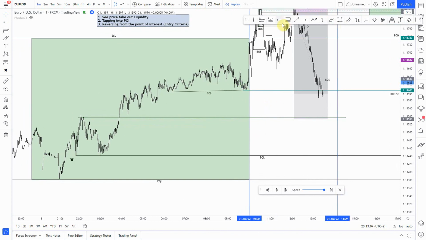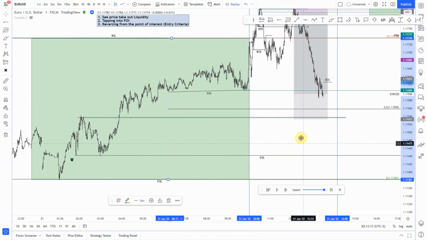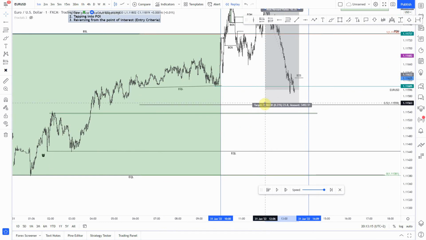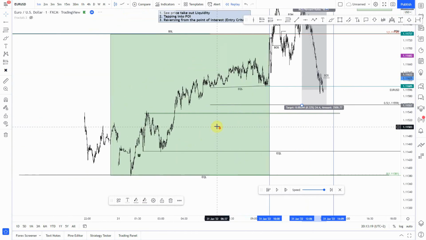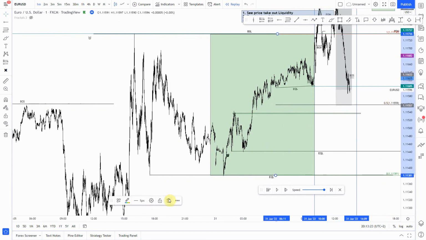Second target is 50% of the Asian range. Third target would be the low of the swing point